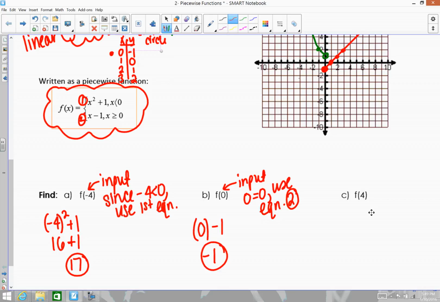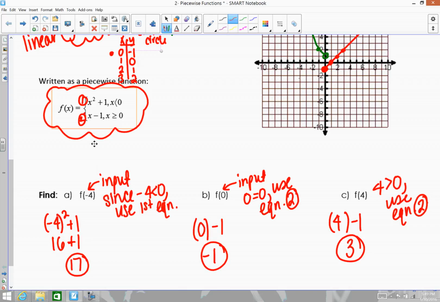And then the last one, 4, is greater than 0. So you're going to use the second equation. So parentheses where there's an x, minus 1, plug in your 4. 4 minus 1 gives me 3. And that's it. Now, for these, I just basically showed you without using the graph, because there's going to be